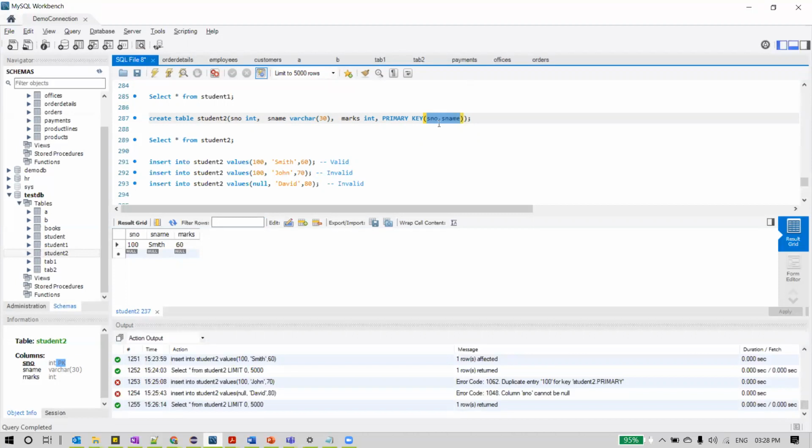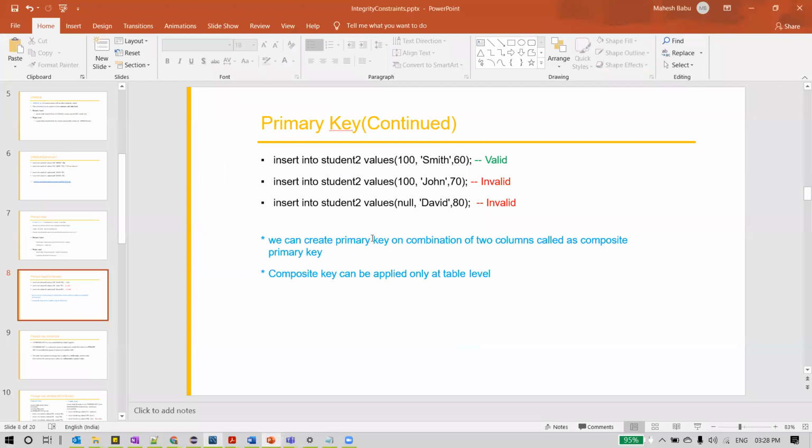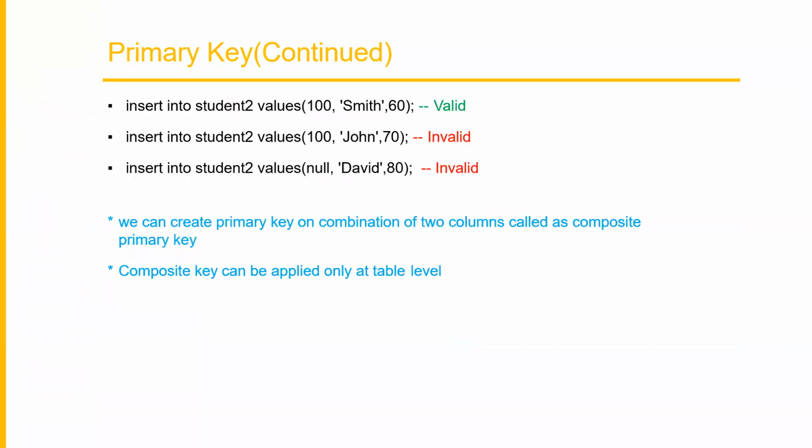And when we have a primary key defined like this, with the combination of more than one column, that is called a composite primary key. So don't get confused. We can't have primary keys independently for two columns, but on the combination of two or more columns, we can have the primary key defined. Still, we should see it as only one primary key, even though we have the combination of them. That's the reason to differentiate them, it is called a composite primary key. So whenever you say that you have a composite primary key on your table, that means you have a primary key defined on more than one column. That is the meaning of composite primary key.